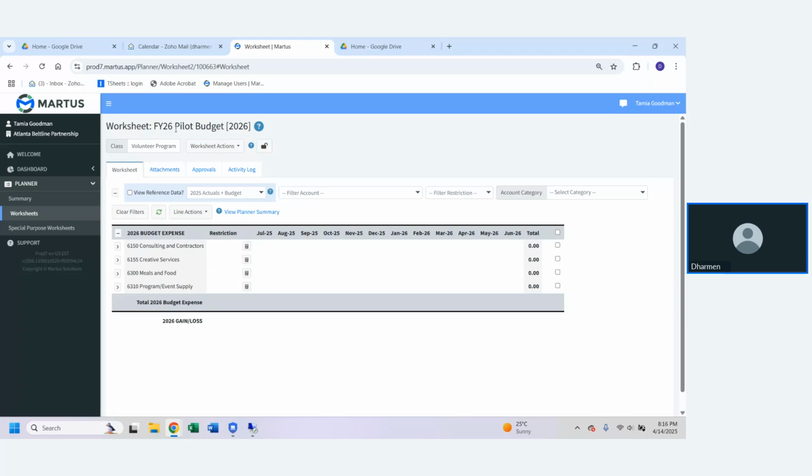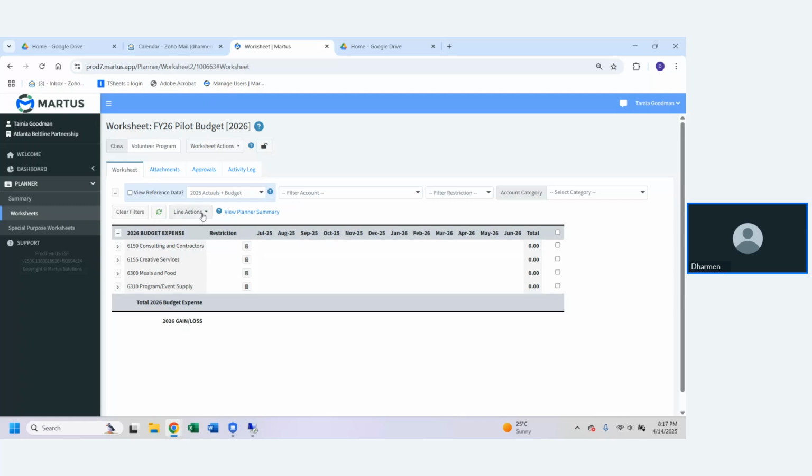That's the idea. Now, when you get into the actual working, what we've done is we've looked at the historical activity that you've had, as far as which accounts, because our QuickBooks has a lot of accounts. Sometimes you may need to add a new account because if you have some changes in planning, you may say, I have a different type of expense for fiscal year 26 that is not covered here. So the first thing I wanted to teach you is if for some reason you need to add a new